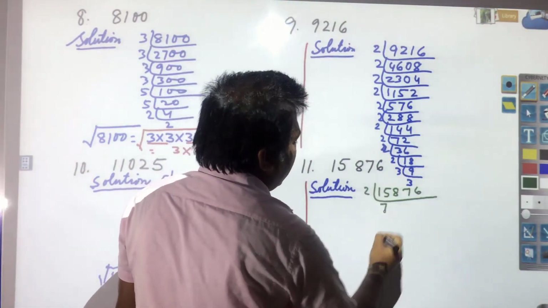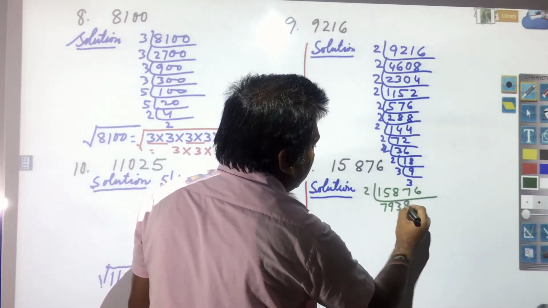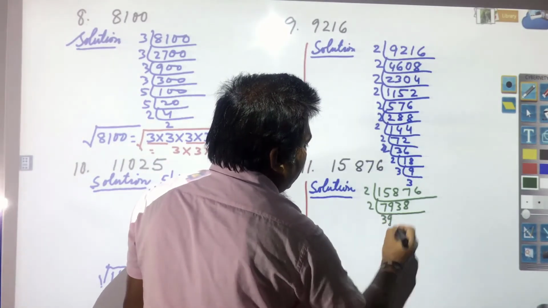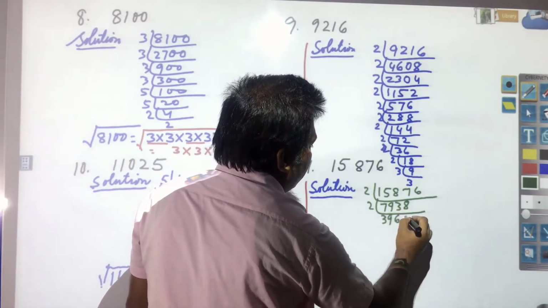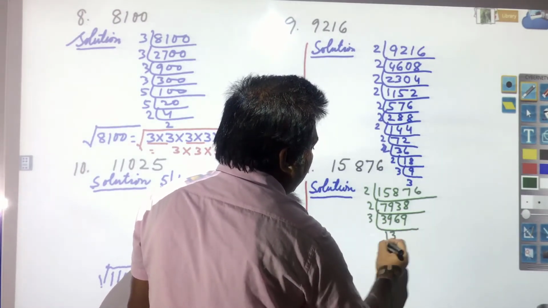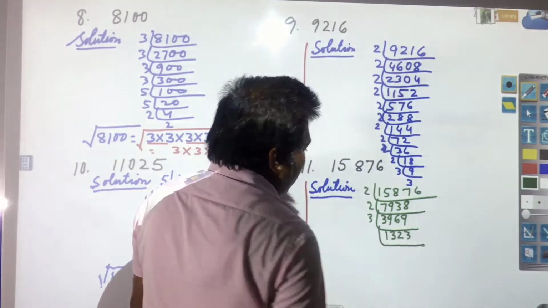2 7 ja 14, 2 9 ja 18, 2 3 ja 6, 2 8 ja 16, 2 3 ja 6, 2 9 ja 18, 2 6 ja 12, 2 9 ja 18, 3 1 ja 3, 3 3 ja 9, 3 2 ja 6 and 3 3 ja 9, and then you have